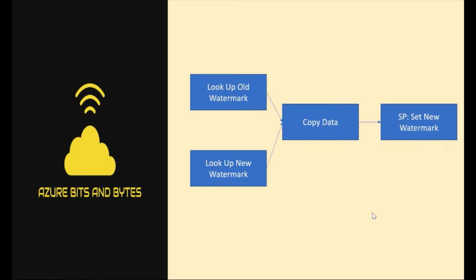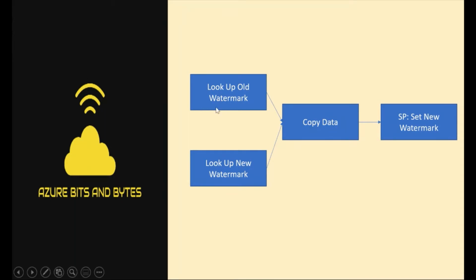So how would our Data Factory pipeline look? There will be two lookup activities followed by a copy data activity followed by a stored procedure activity. This copy data activity has source and sink. Under source we'll have the query settings like select star from orders where insert date time greater than from date and insert date time lesser than or equal to to date. So the from date and to date will serve us to set the data set.